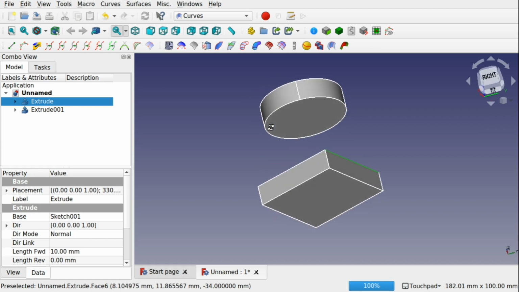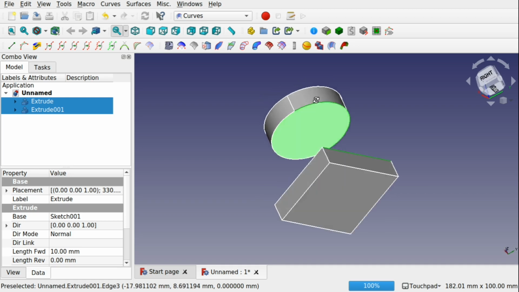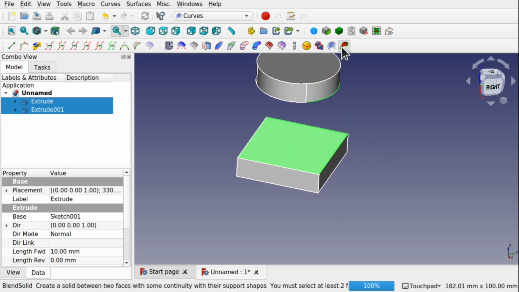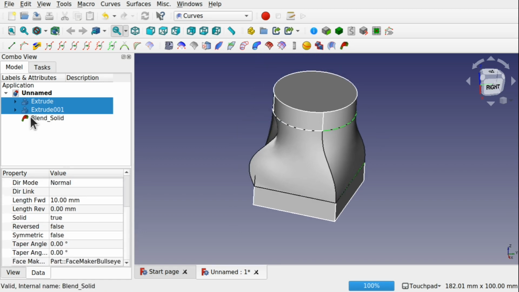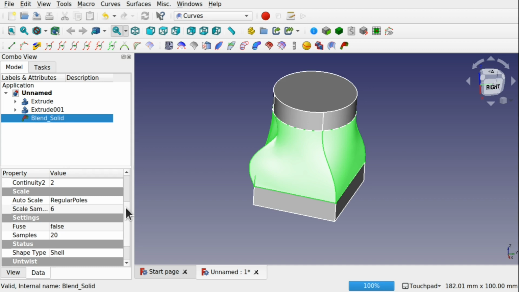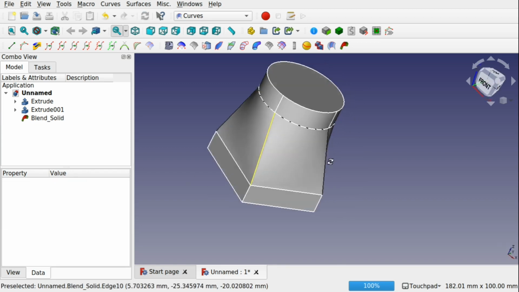We're on episode 15 and we're going to be looking at the Blend Solid tool. This allows you to blend two solids with reference to their faces and reference to a number of edges, so we reduce the twisting that can occur. We can also change the continuity between the two solids, and this tool will allow you to morph one solid into another. So I hope you're enjoying the series and I hope you're enjoying the channel, and let's have a